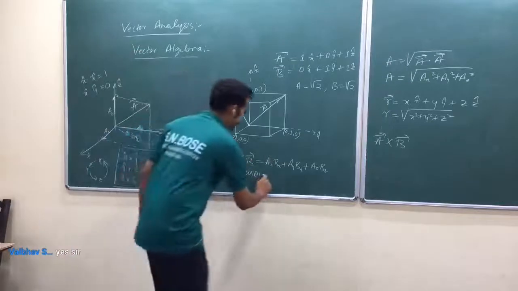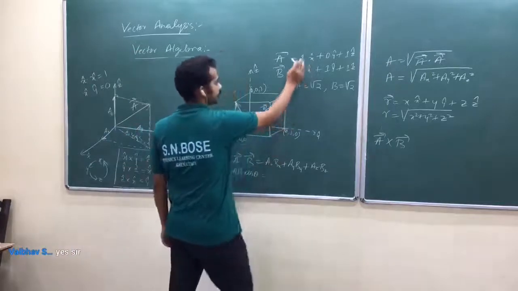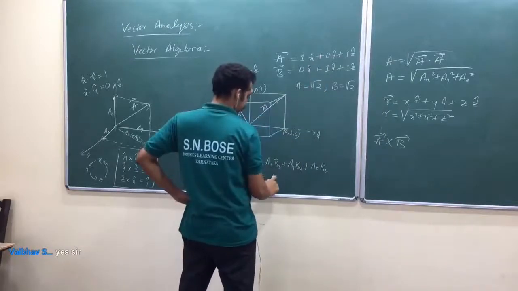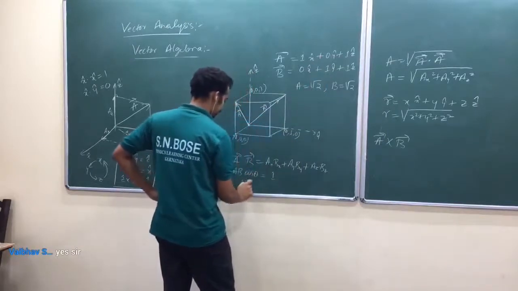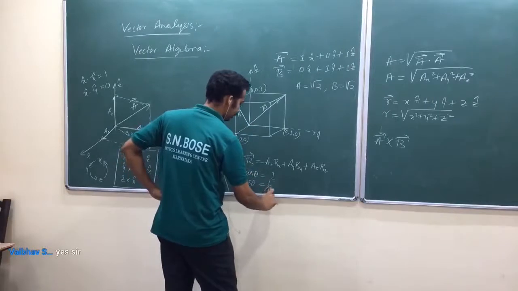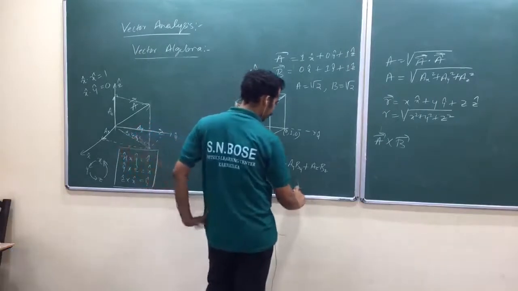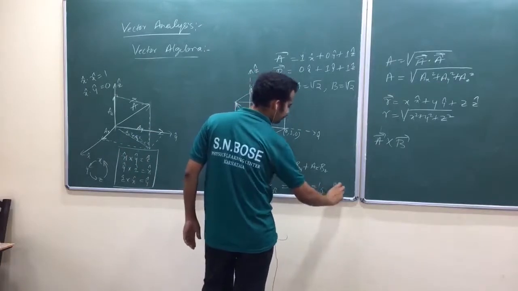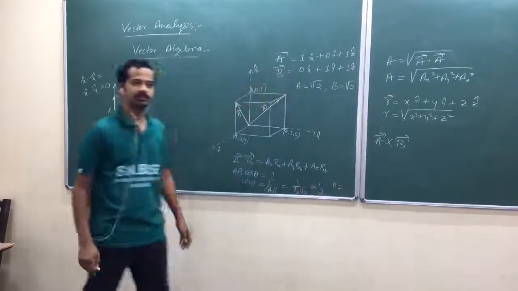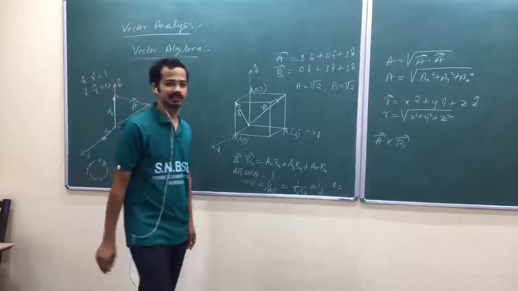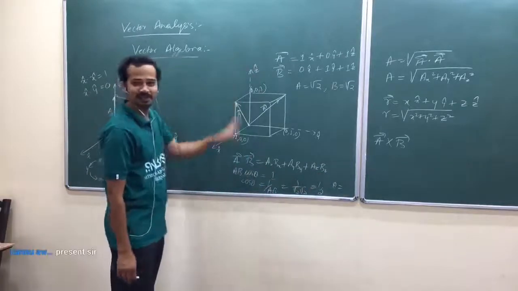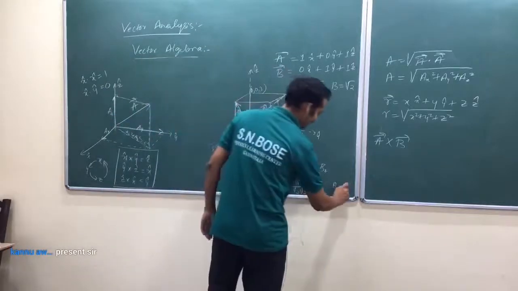So what is ax bx? This is ax ay az, bx by bz. Ax bx 0, 0, 1. Am I right? That's why cos theta is equal to 1 by mod A mod B, which is 1 by root 2 into root 2, so 1 by 2. What is theta? 30 degree? 30 degree? Here you make the mistake. All ideas will be collapsed here. It is 60 degree.